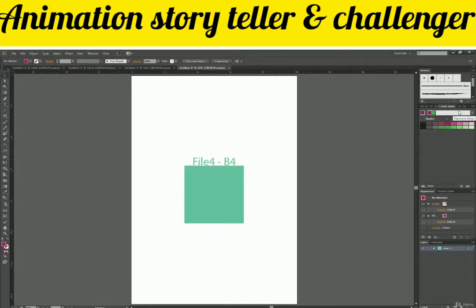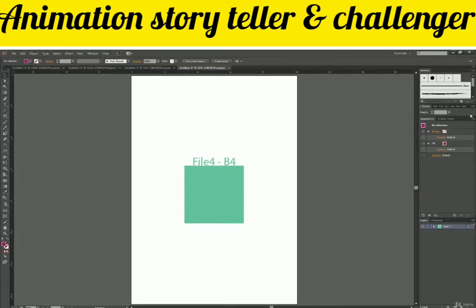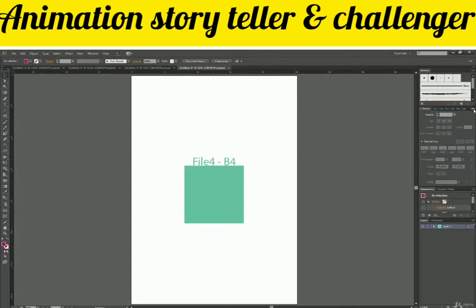So let's say some panel is taking too much space, or when we go to stroke here, sometimes Illustrator auto resizes the panels. Let's say we have our appearance panel here and our color guide here, but when I go to stroke, the panel got resized automatically because there are not many options in stroke. This is the only thing we have in stroke. You might open some more options, but if there are no options, then Illustrator will automatically resize the panel according to the content it has.